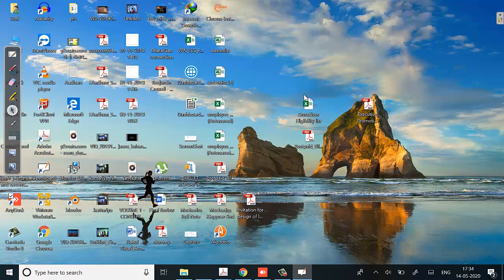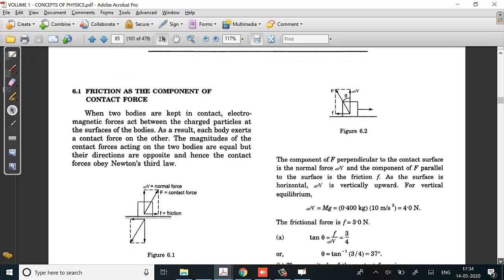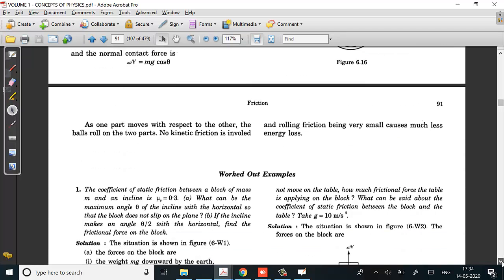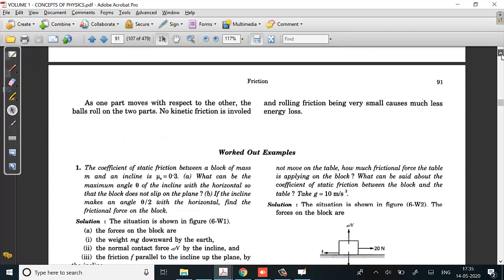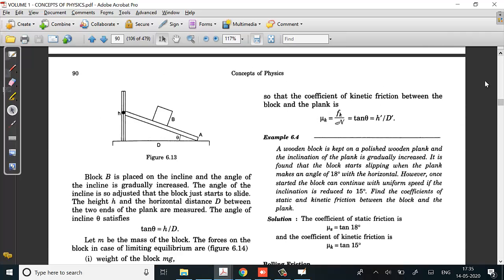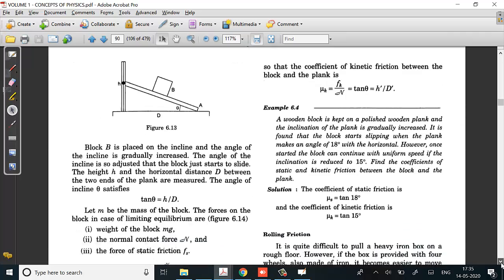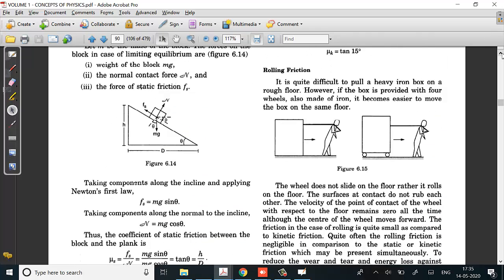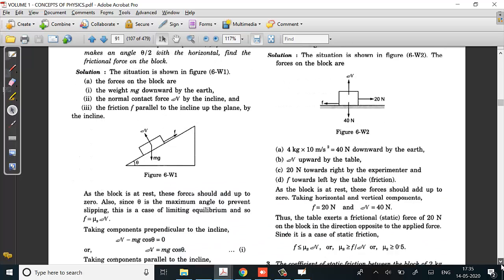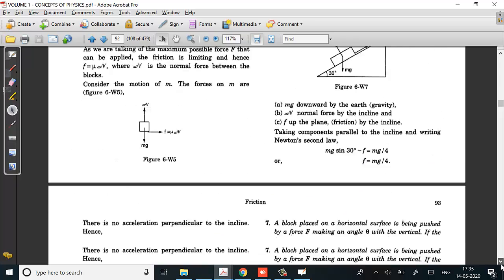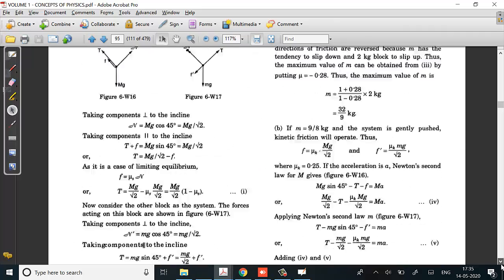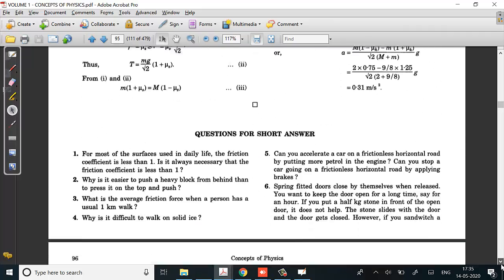So this chapter has only this much. There are three types of questions, where we have to apply the formulas. You can read the chapter also. Banking and all is not required right now; banking will come in your circular motion. There is nothing else in this chapter. So we'll see the questions. They will be pretty similar to the previous chapter, the only difference being that you will have an extra friction force added.